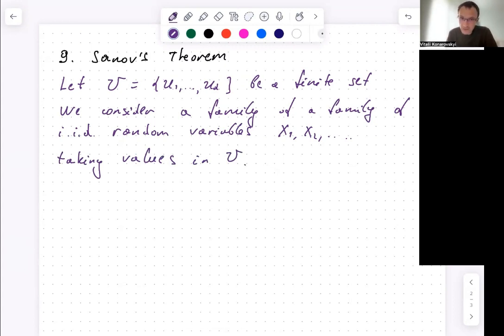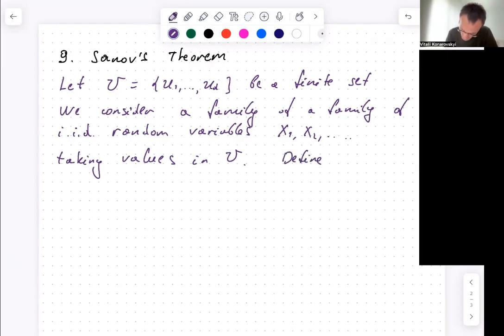And define the random probability measure on U that is the empirical distribution. Let me write that. Let's define mu n. It is 1 over n, the sum k from 1 to n delta xk,